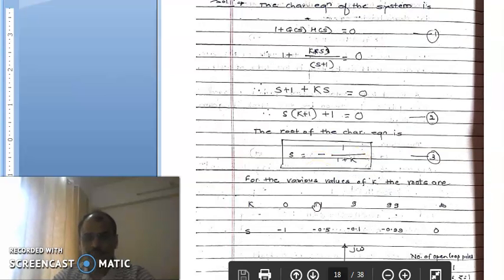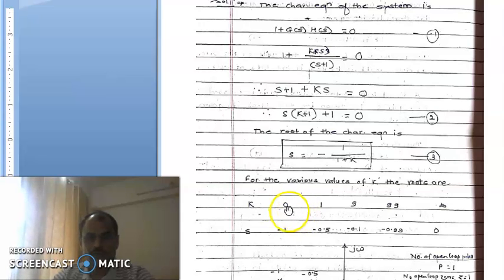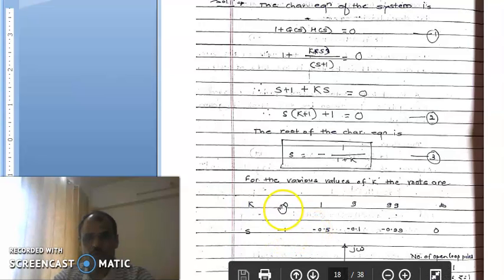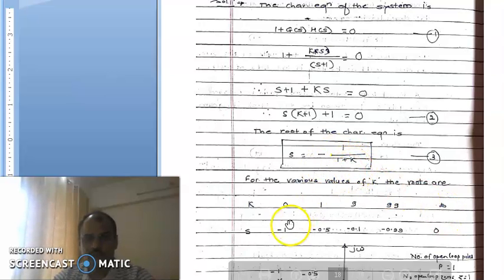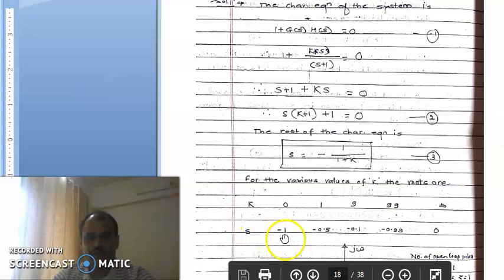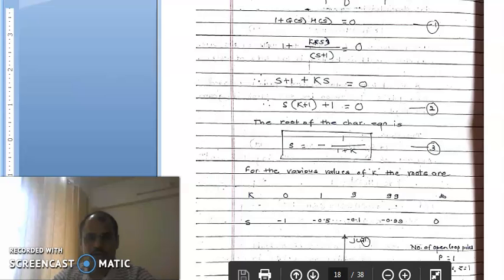Now, as discussed earlier, let us have the multiple values. Let us compute the various locations of this open loop pole. When you vary k from 0 to infinity, for example, here by substituting this k, then we will have the locations for corresponding values at minus 1, minus 0.5, minus 0.1. It means that